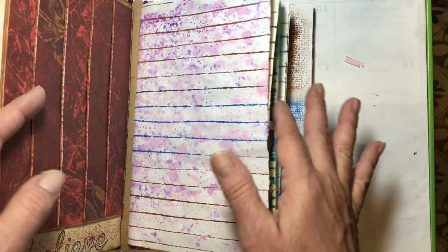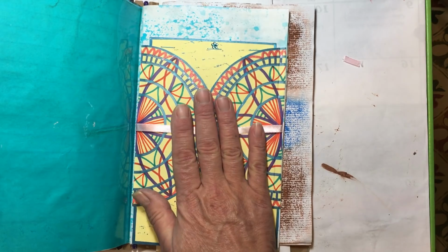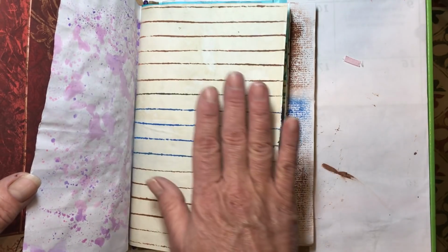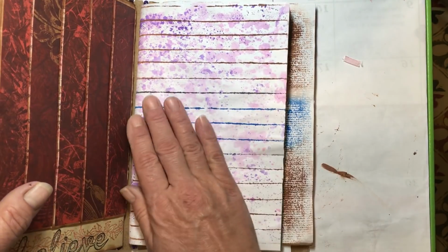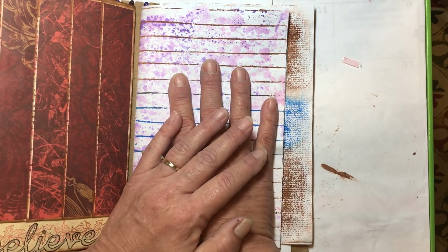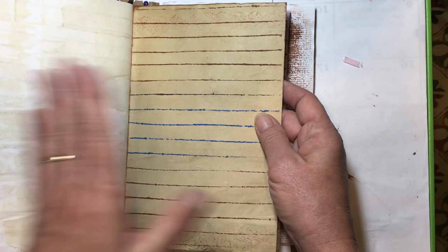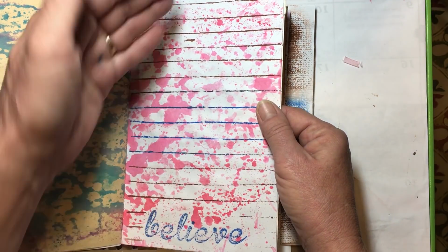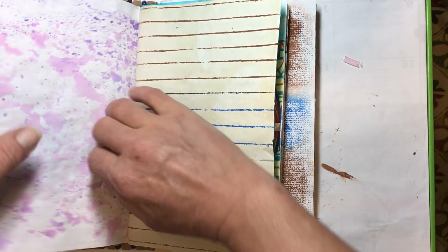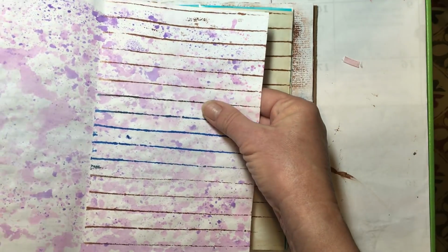The other thing I wanted to say is, when I was deciding where to put this mandala, I wanted it on a plain page and I wanted it on the right side. I put the lines on the right side of almost every single page of my book. So every time I turned a page, I'd ask, can I put it there? Nope, there's lines. Nope, there's lines. Well, the one thing that you can do if you have something like that happen is you can always take it